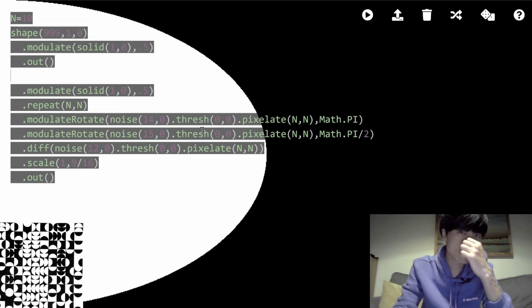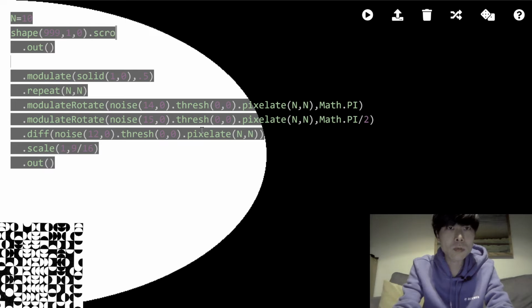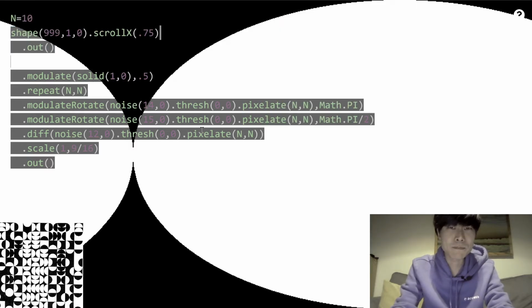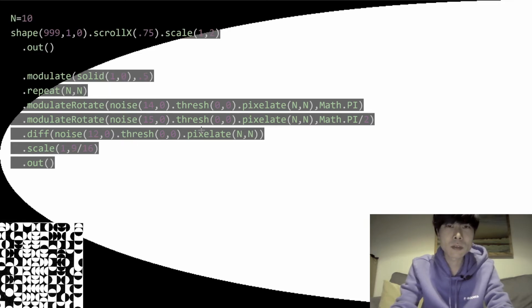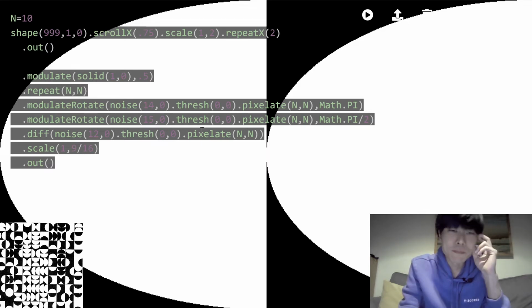Let me think. What if I modulate? So what if I scroll X for 0.75 and then scale 1, 2. So that's a half circle filling the space, and then repeat X 2 times, then twice. Okay, this is okay. I wouldn't call it elegant, but it's okay. And